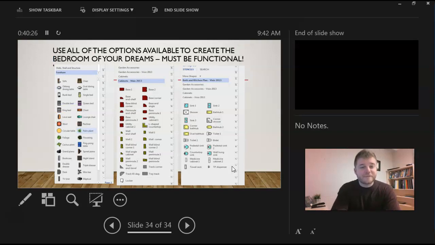It'll also have lots of different templates for you. So these are some templates. You can see that there's furniture, and there's cabinets, and there's bath and kitchen. There's appliances, there's gardens. We can do all kinds of stuff with this,